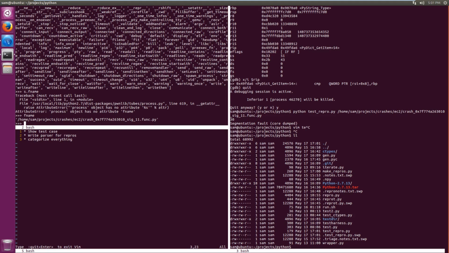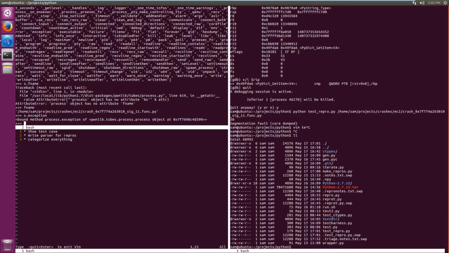Ideally, what we're going to do here is go through and check to see which ones reproduce, and do some basic classification. And based on what we get, we're going to dig into the actual source code and see if we can at least root cause one or two of these. Hopefully we can do that tonight. But, so where was I? This worked fine, and we want s dot exception? No. So I'm pretty sure